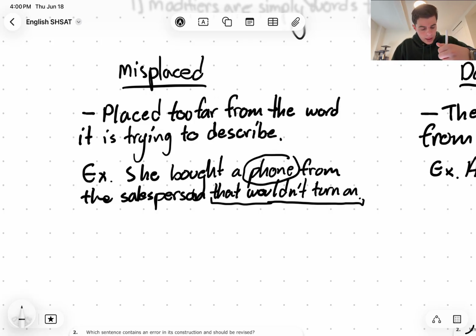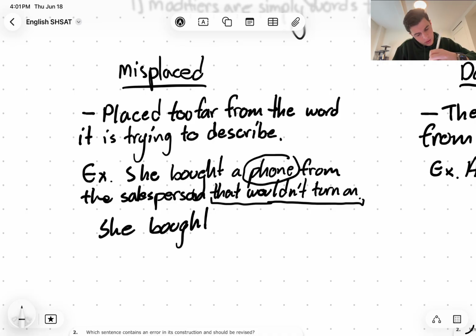Because now it kind of sounds like I'm saying the salesperson that wouldn't turn on. By putting the salesperson and then that wouldn't turn on, the modifier together, I'm kind of suggesting that the salesperson didn't turn on, right? Which is obviously not what this sentence is trying to say. It's trying to say that the phone didn't turn on. So we could rewrite this, for example, like this. She bought a phone, right, that wouldn't turn on